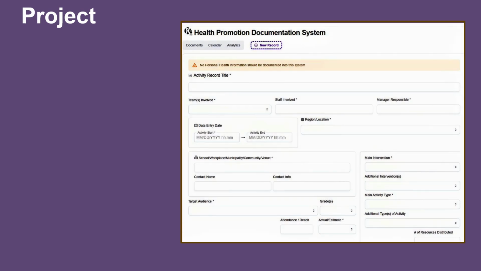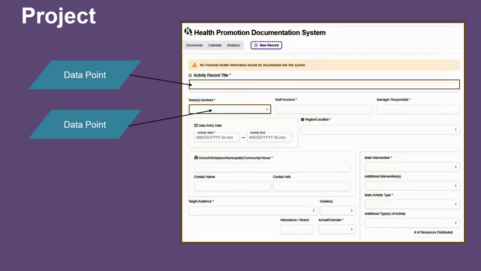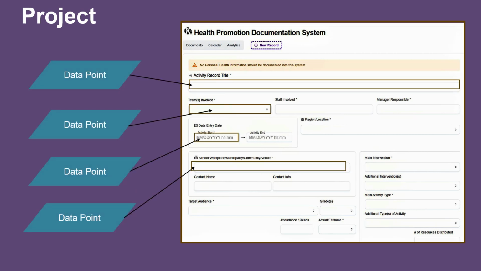The health promotion documentation system was developed internally at the health unit to function in place of an electronic medical record where no personal health information is captured, while collecting data points related to Ontario public health standards. The hub adopted the use of HPDS in September 2024. Data points were mapped to fields in HPDS, user guides were developed to ensure consistency of documentation, and staff were oriented before go-live date. By September of 2025, a full year's worth of data could be extracted, demonstrating all hub interventions and interactions with partner facilities.